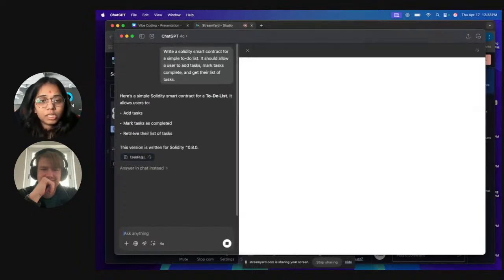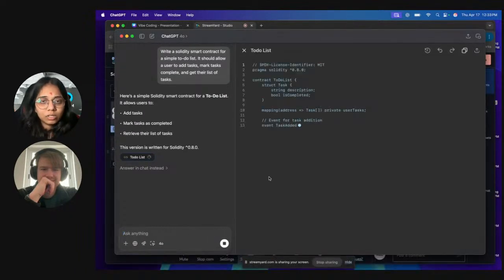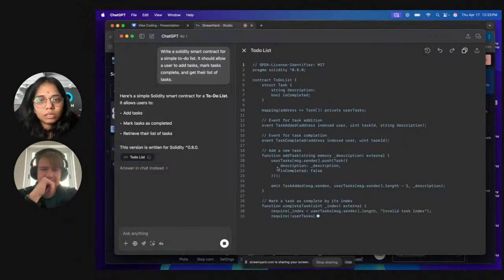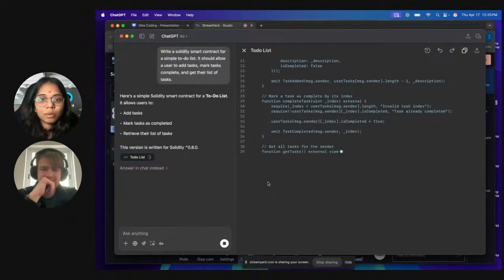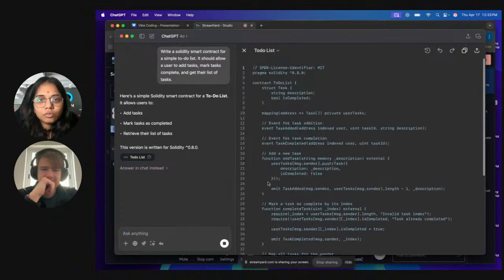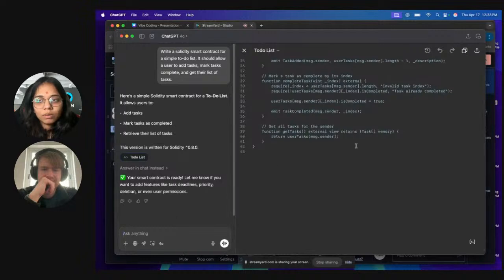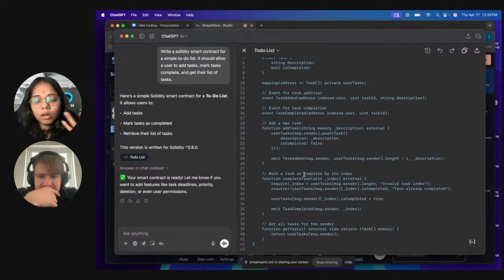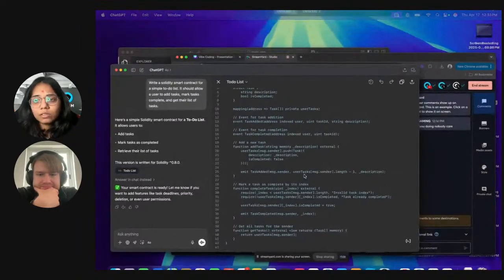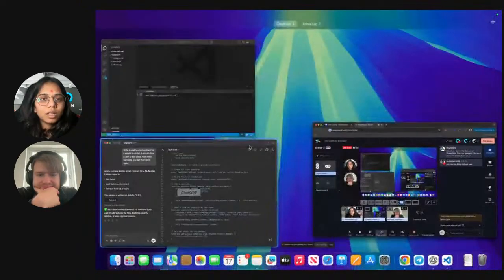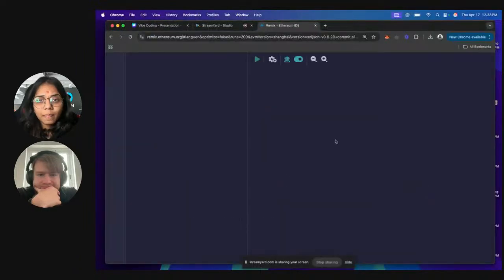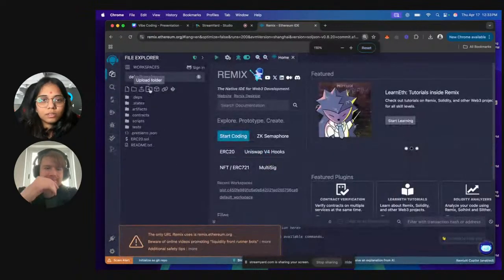So after this, how are we going to check this smart contract? It would be good if we can copy and paste this smart contract into Remix and check if it's working in the local environment, for ease, since it's a very basic smart contract. You can do the same thing using VS Code as well. But let me go to Remix here and check. It's too big.